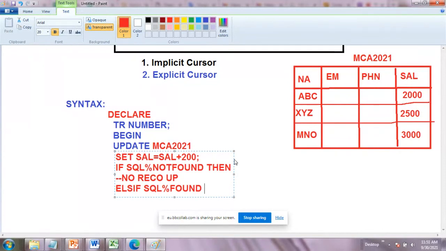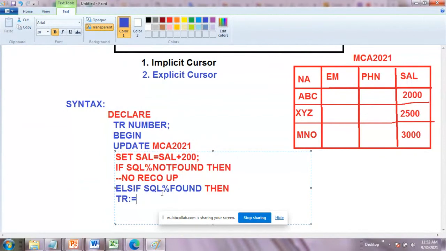Else if SQL%FOUND, if found, then how many records are going to be updated here? I'm going to write it in a different color. If SQL found, then you can count the rows. The TR variable that we have taken will hold it.